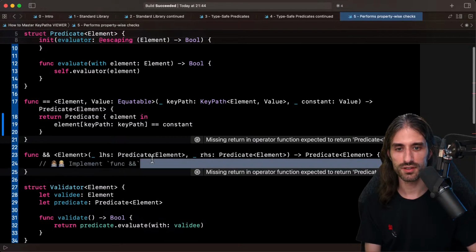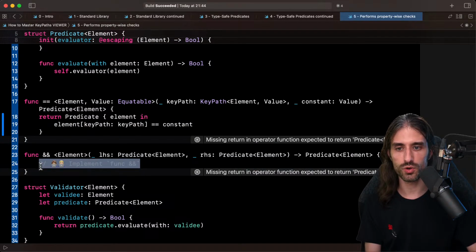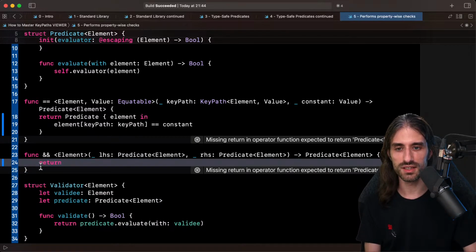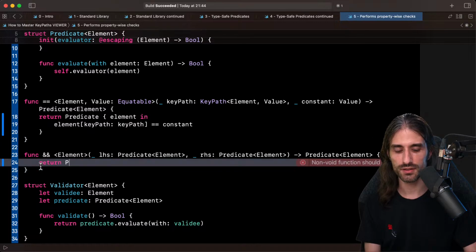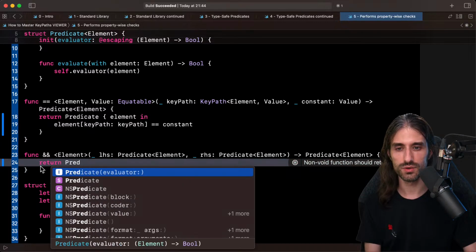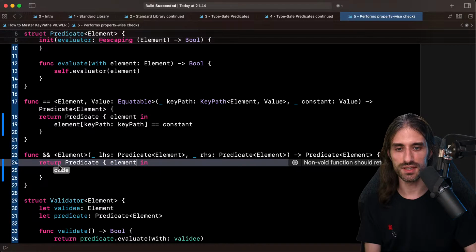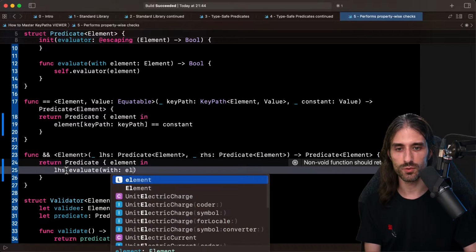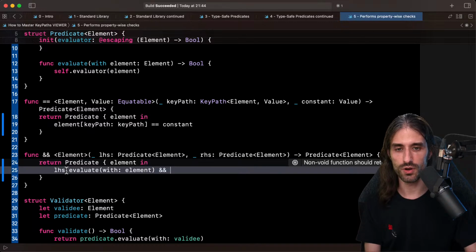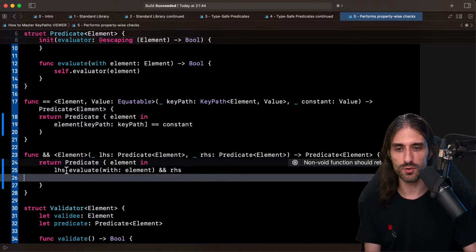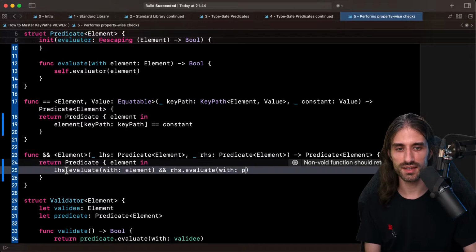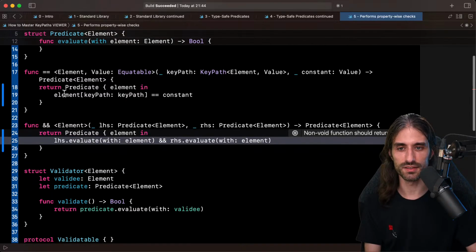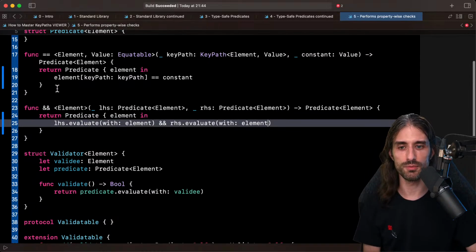Okay, that works. And for the second one, how to combine two predicates using the AND operator. So we create the new predicate like that. We have the elements. We evaluate the left predicate with the elements, and we do an AND with the evaluation of the second predicate, still with the elements. So this is the same code as what we've done before.